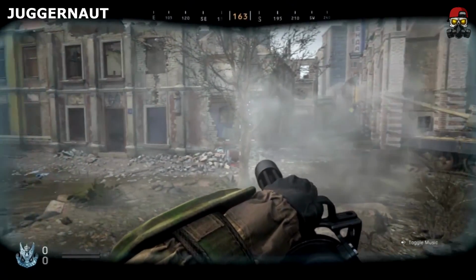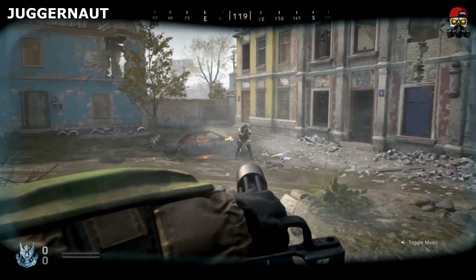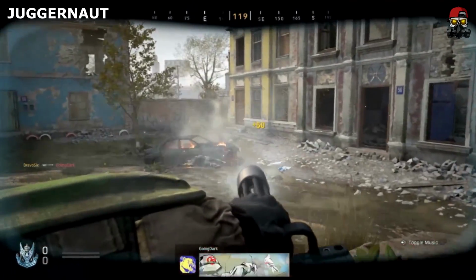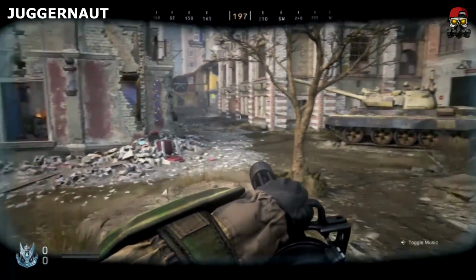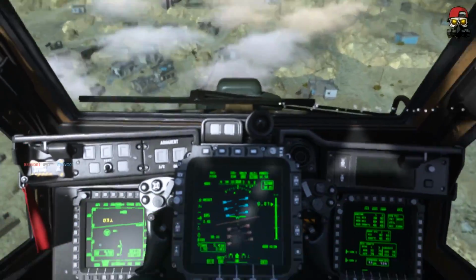But look at this. You got that Juggernaut view with the big turret and the big armor, and you're just an absolute beast. So that is the Juggernaut suit, which is 15 kills, and that is gameplay of every single kill streak in Modern Warfare. So I hope you guys enjoyed that little showcase of all the kill streaks in Call of Duty